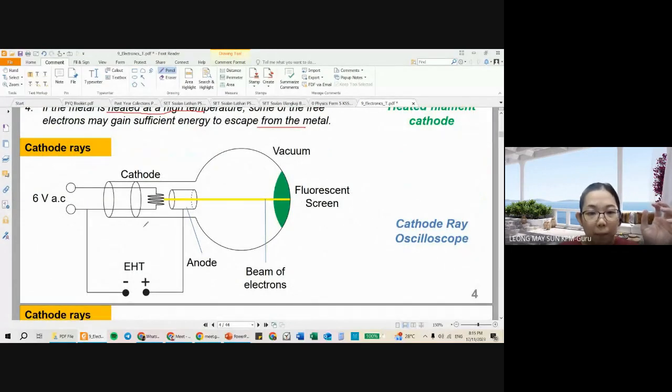Okay, they are both happening inside this particular vacuum glass, but for the photoelectric effect, we need light to come in and hit the metal surface. But for thermionic emission, all you need is a 6-volt alternating current power supply. Actually, even if it's not alternating current, direct current is also sufficient. It doesn't have to be alternating current. It can be direct current, but you just need a mere 6 volts for the current to actually start